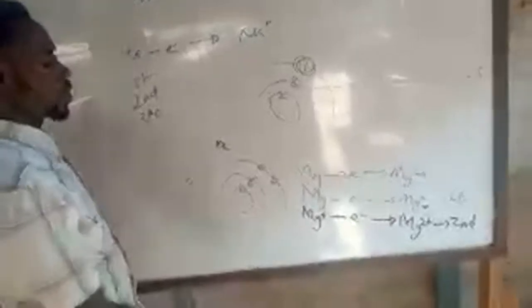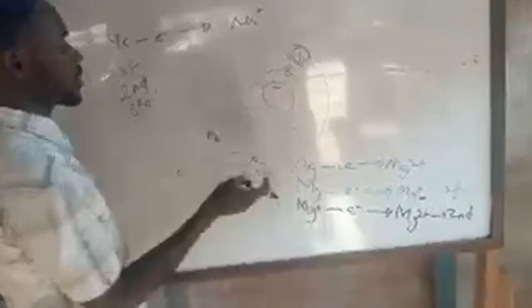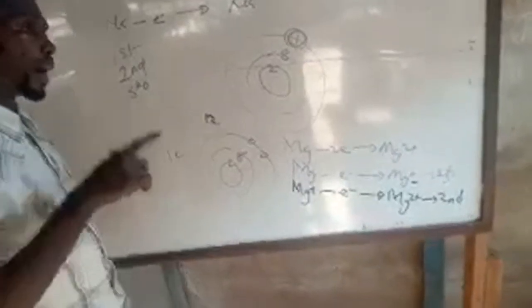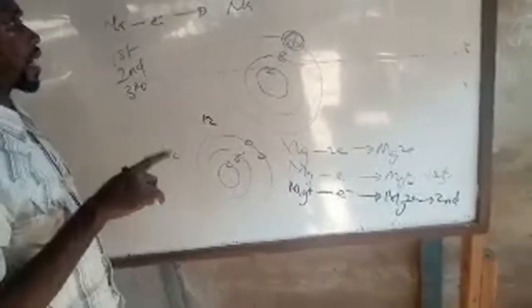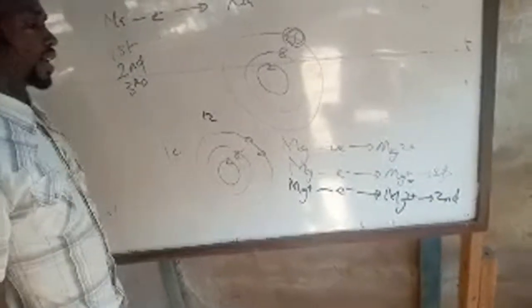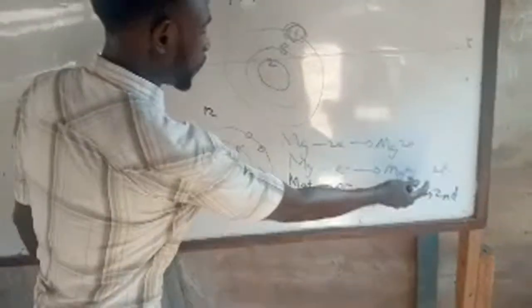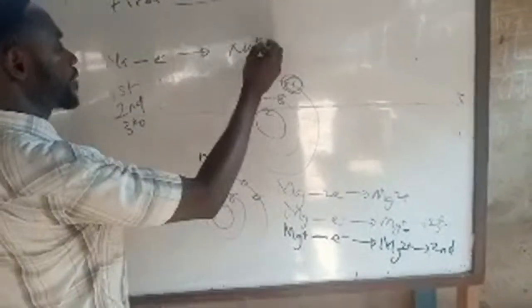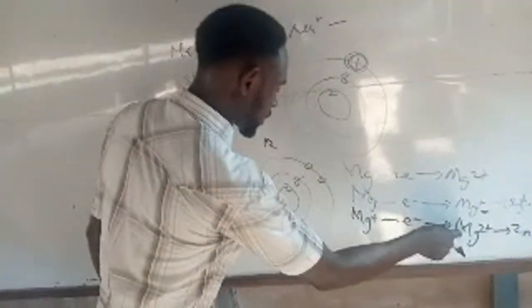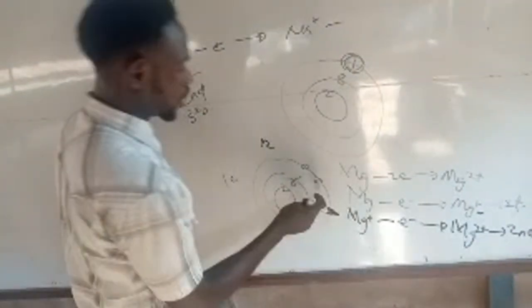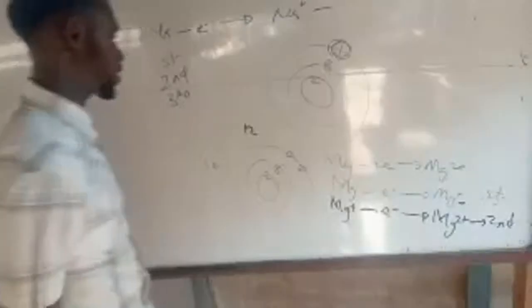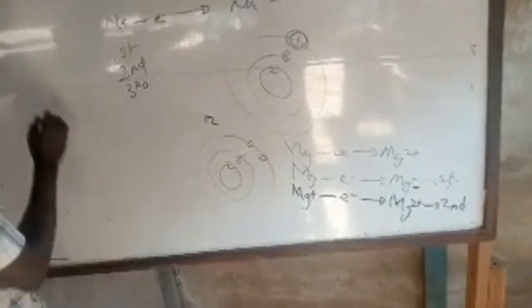So you can now see that first ionization energy by definition is the minimum amount of energy required to remove the most loosely bound electron from the outermost shell of an atom to form a unipositively charged ion. Here you have first ionization energy. Then, if for example an atom has up to 3 electrons in the outermost shell, it is now possible to achieve the third ionization energy. To illustrate that, aluminium is possible.